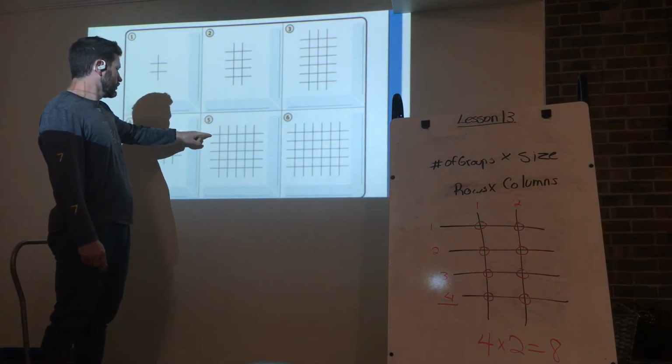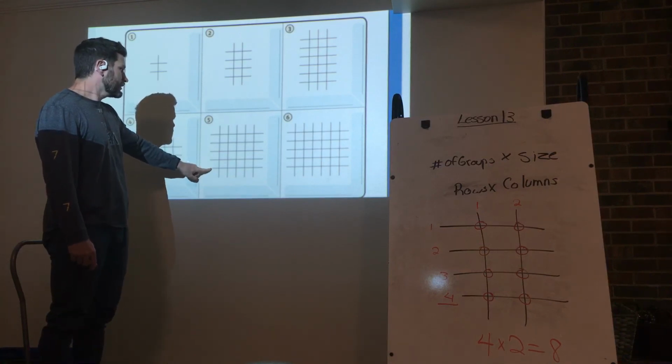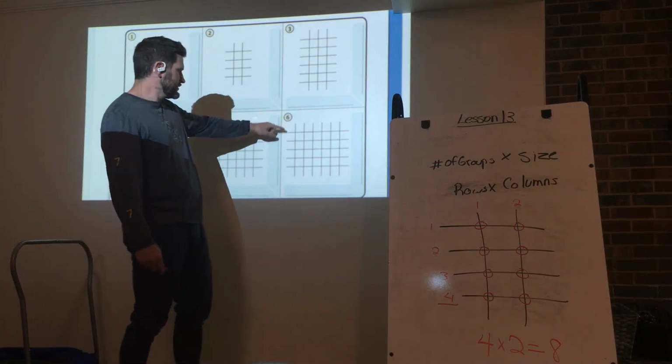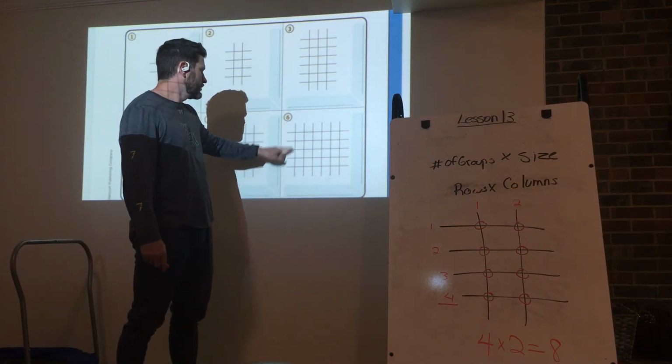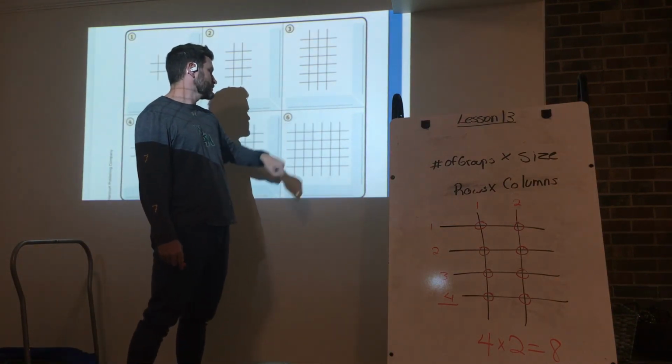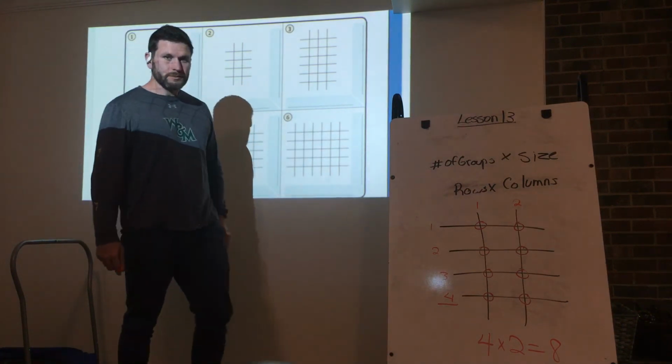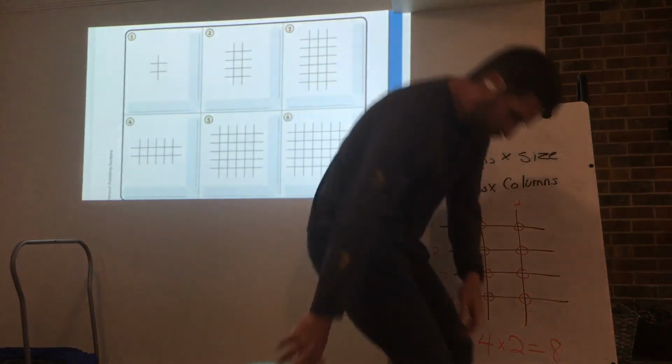Right here, number 5 is 5 columns and 5 rows. And then 6 is 1, 2, 3, 4, 5, 1, 2, 3, 4, 5, 6. So we have 5 rows and then 6 columns. So go ahead, draw those pictures, circle where the lines